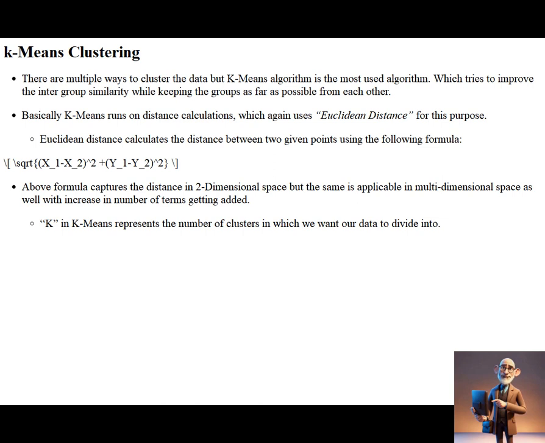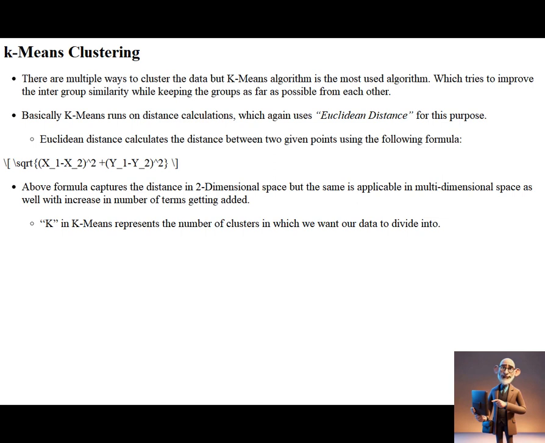Now, what is Euclidean distance? It's a measure of the straight-line distance between 2 points in a space. In the context of K-means, this is applied to calculate the distance between data points. The formula for Euclidean distance in two-dimensional space is familiar. However, the beauty of this formula lies in its adaptability. It seamlessly extends to multidimensional spaces as well, accommodating an increase in the number of terms. So, whether we're working in 2D or multidimensional space, Euclidean distance is the metric that K-means relies on for its